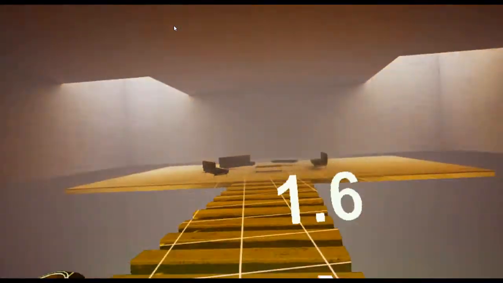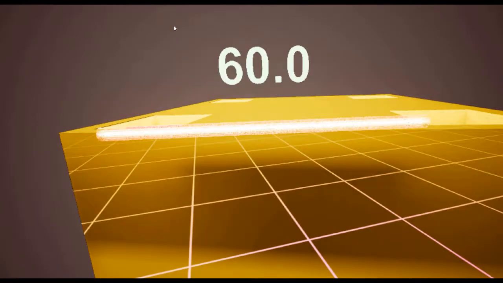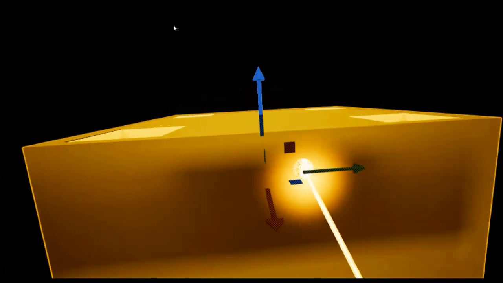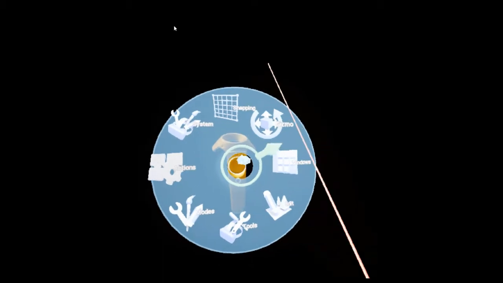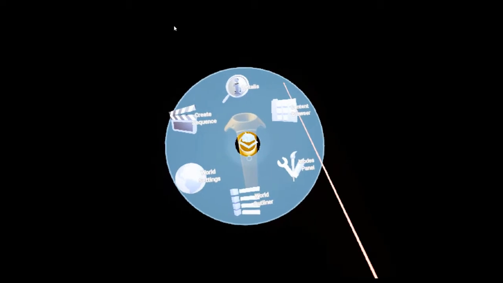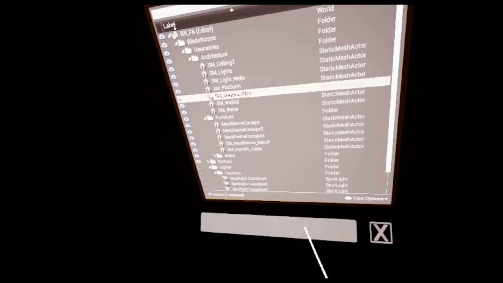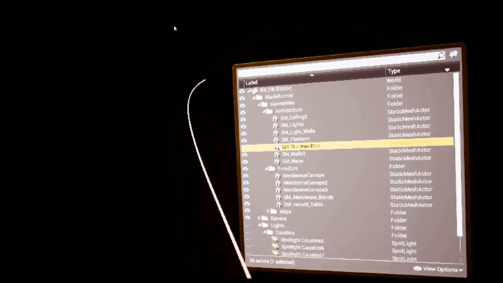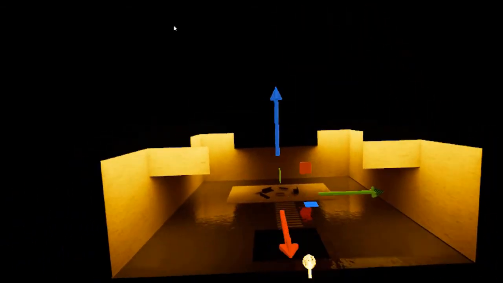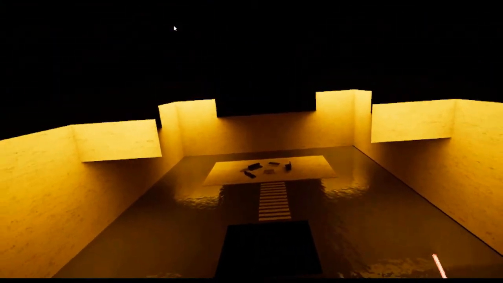So let's say I want to zoom out of this and start with this box here, and I want to use the interface that I've got on the controllers, and I'm just going to go to the world outliner here, and I've got this box that's already selected, and I'm just going to hide it here and close that interface. And here I've got rid of my outer box, and I can start looking at this space a little bit like it is